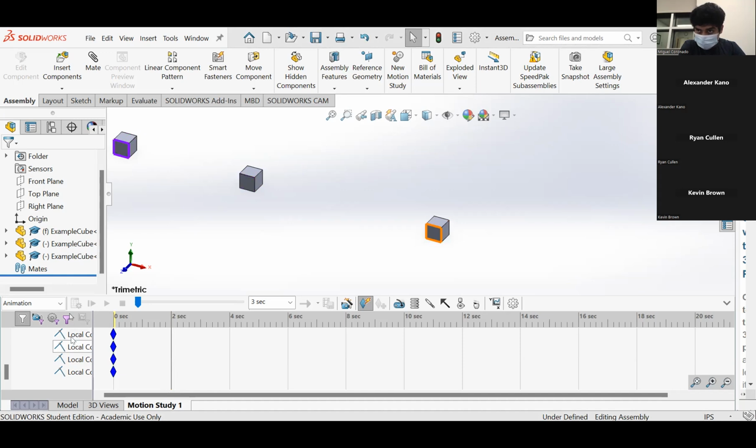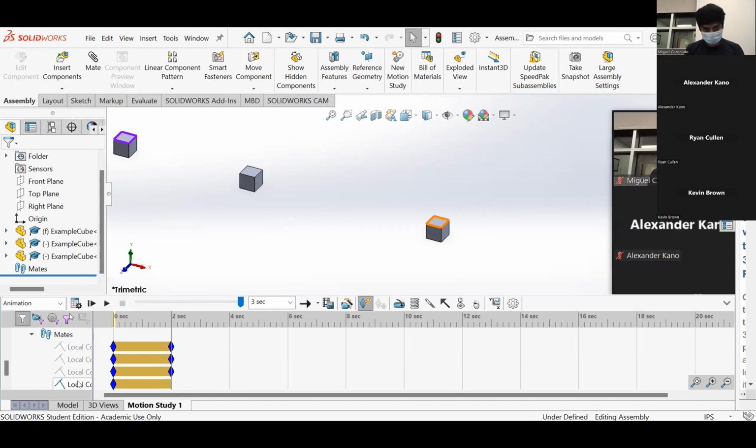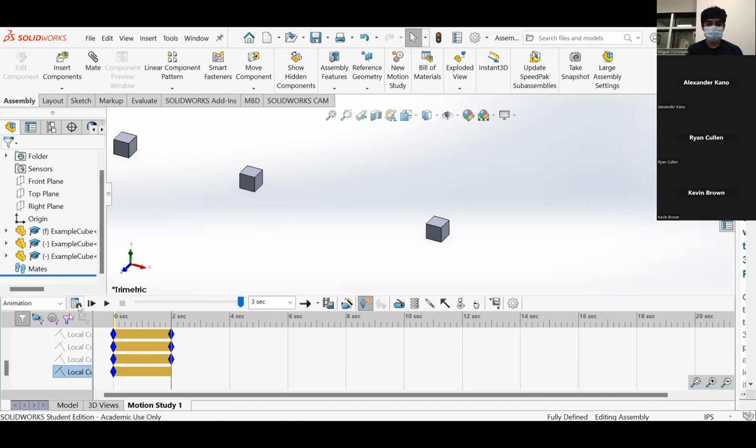So let's say, for example, I suppress this, right? Just so I can show you guys what I meant. And now it's changing, right? Because I'm telling it that at the 2-second mark, I don't want this dimension to be there. So we suppress. And now if I play this animation,